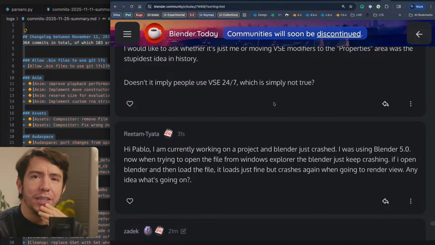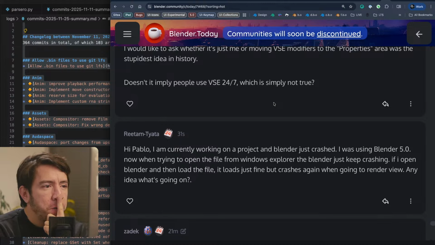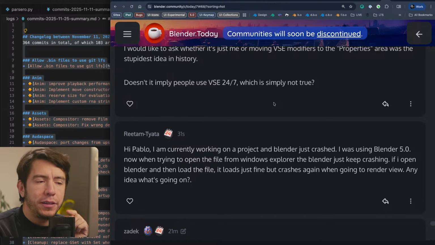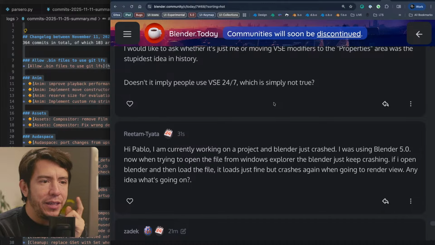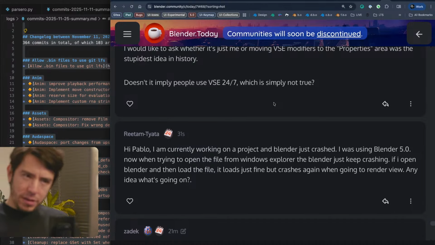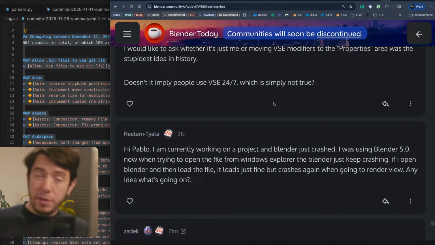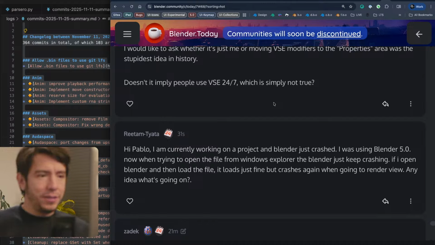That is very interesting. So when you double click from the Windows Explorer, Blender keeps crashing, but if you open Blender and then load it, it's fine, but then it crashes on render view. That's weird, because there isn't really any difference. Maybe it runs out of memory and it's just faster when you open it.